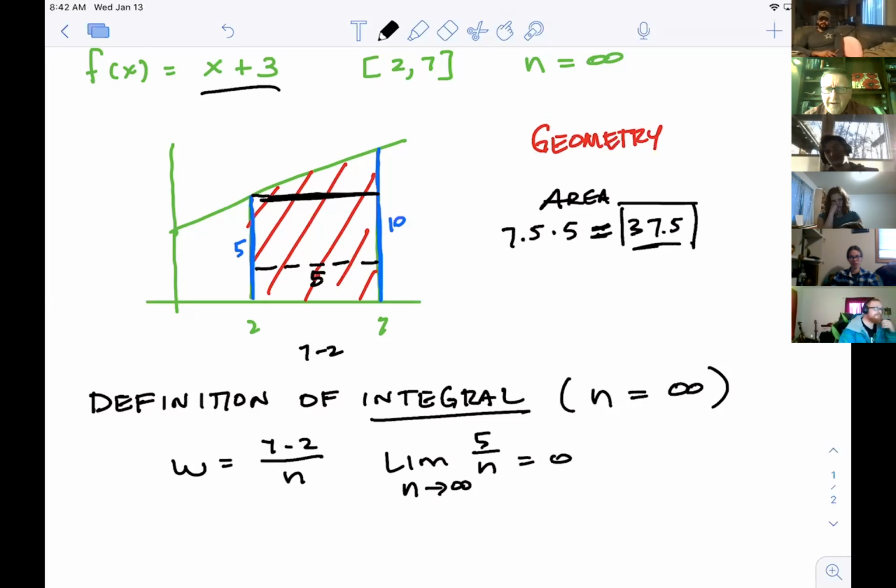So this should not work, right? Because if the last thing we did was multiply by the width, and if we multiplied by 0, then the area would be 0, right? So as I said before, what we really have is a battle of infinity times 0, because we're going to have infinitely many heights to add together here too. Didn't we just have 1,000 heights to add together a minute ago? So we're going to have infinitely many heights, but they're infinitely small. And so that's going to approach a number. It's going to approach, well, 37.5 actually, we found out. And so the question is, can we actually work with it if it's infinity? Well,